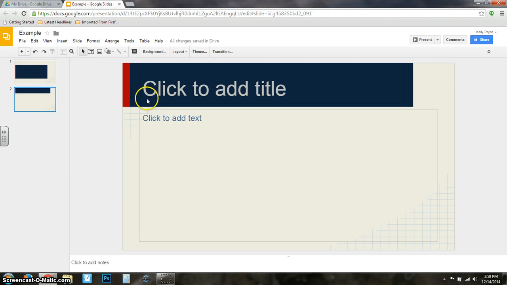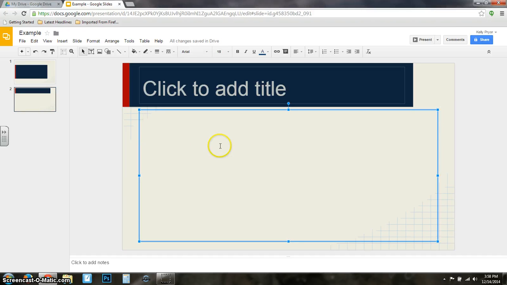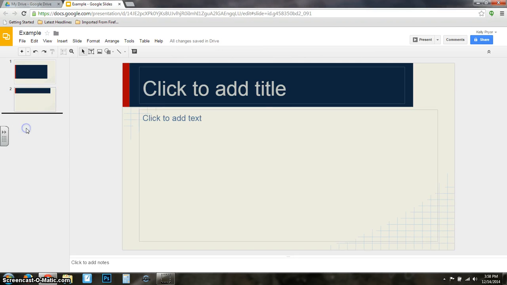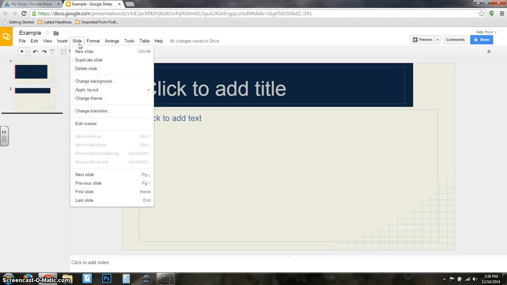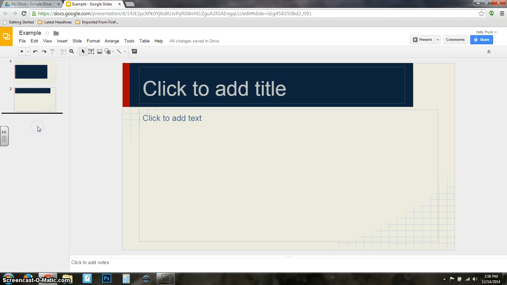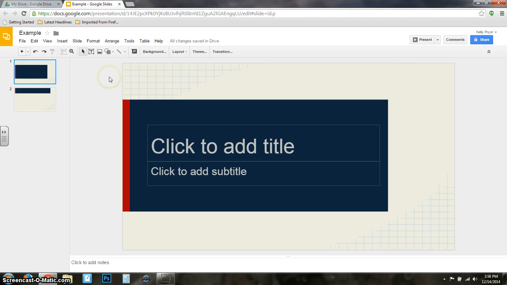So when I insert a new slide, as you can see, like in PowerPoint or different applications that are like PowerPoint, you can add the title and you could add your text or your picture. There's many different things you could do. You could create many slides,